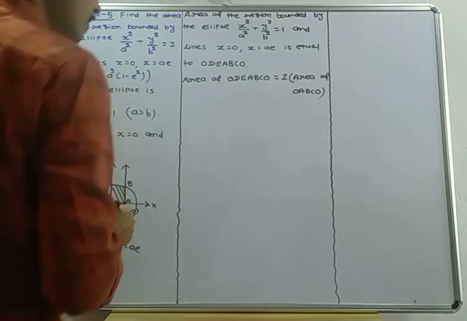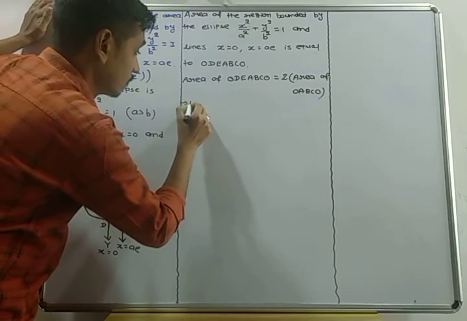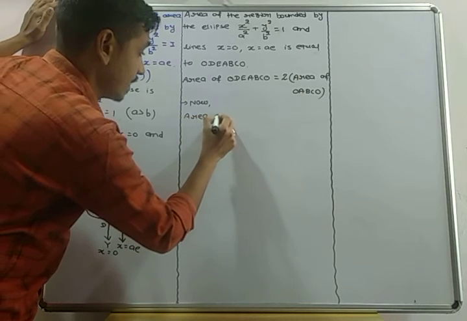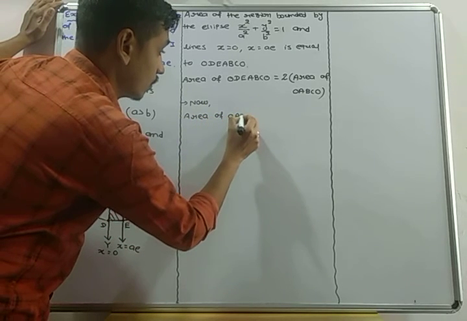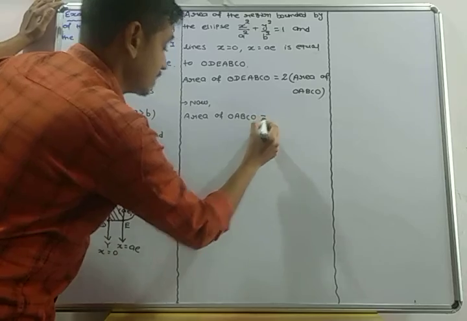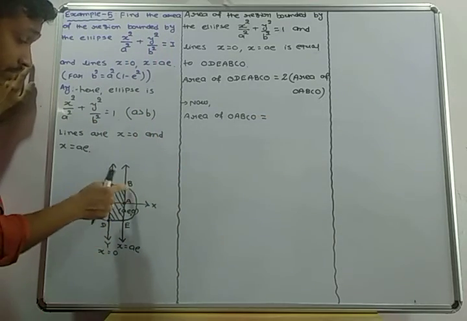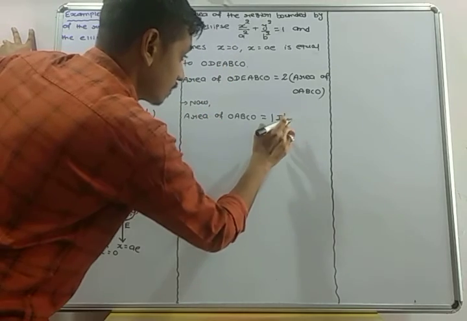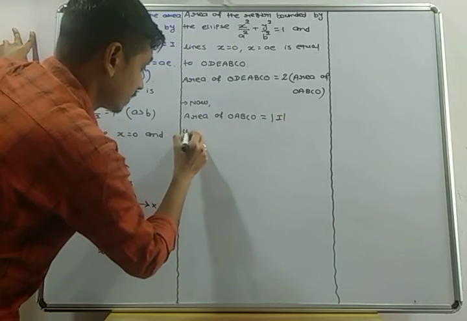Okay, now area of OABCO equal to mod of I, where I,